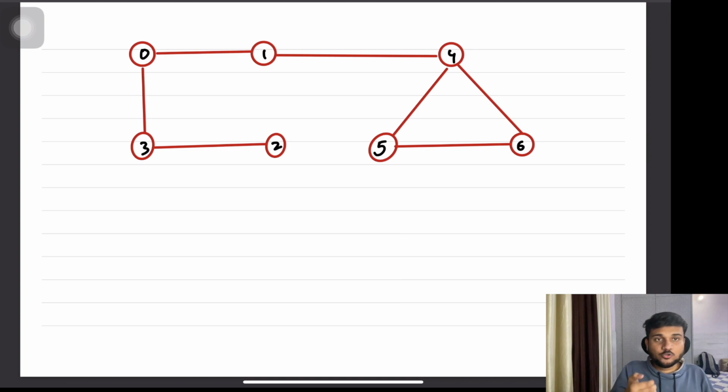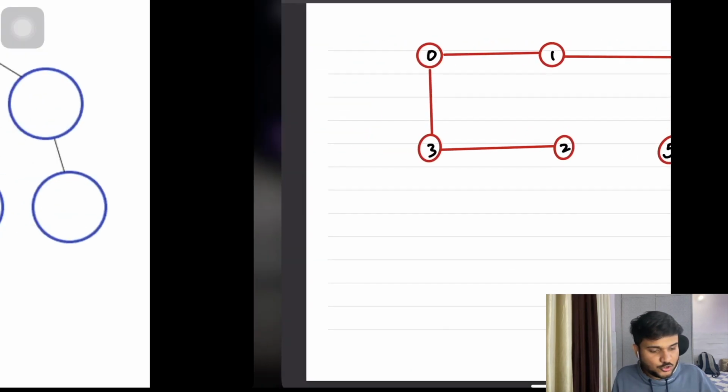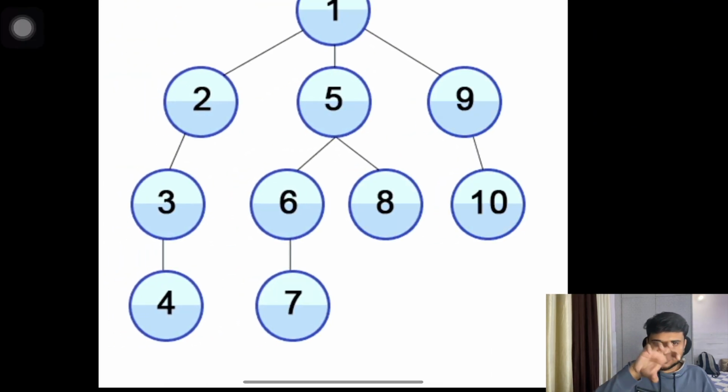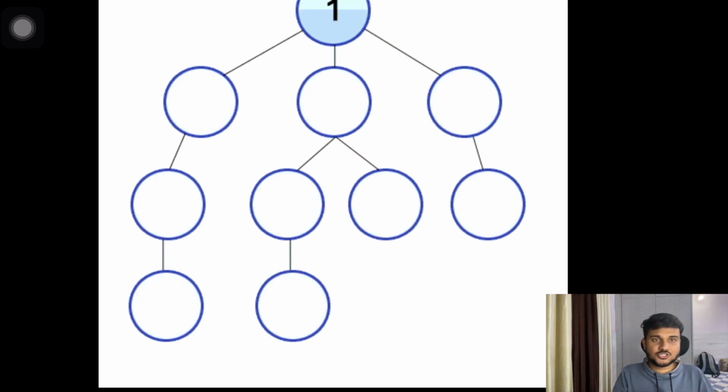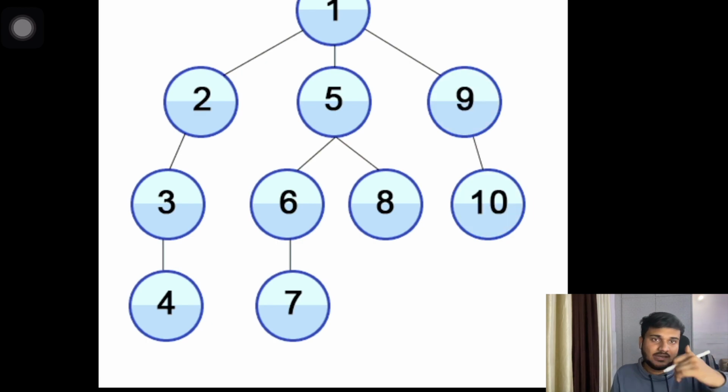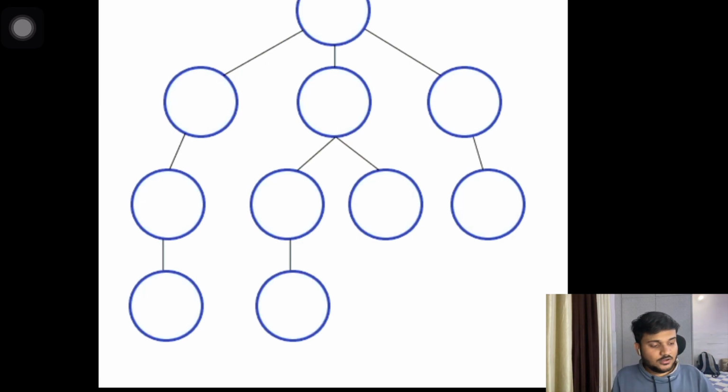This is the gist of depth, that you are going to the depth. When we say we are going to the depth, that means we are going to the depth of the subproblem. We are going to explore the complete subproblem in one go and then come back and revisit the rest of the subproblems, right? This is more of the recursive traversal that you also do in a lot of recursion and tree based problems. As I also showed you in this tree representation, from 1 you are going to explore one complete branch. One complete branch is one particular subproblem, right? And then you are going to come back and visit the rest of the branches, okay?